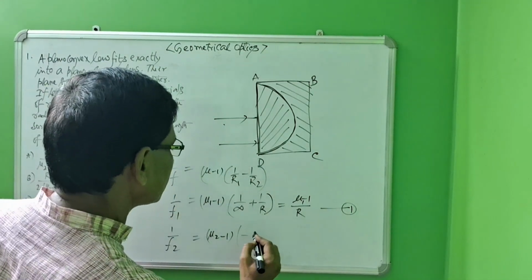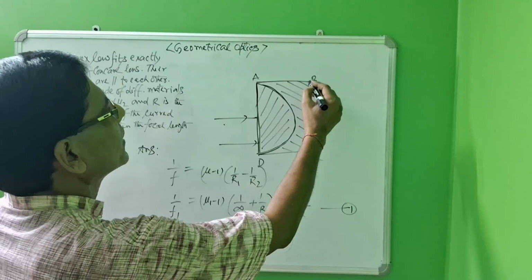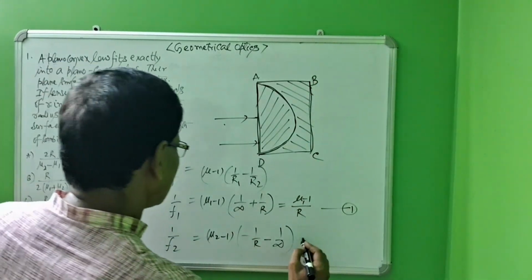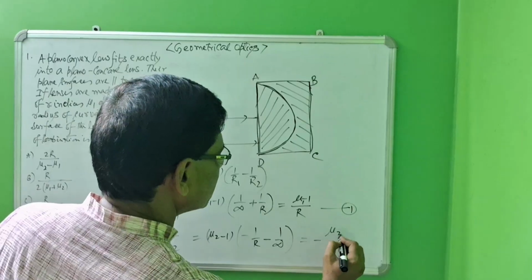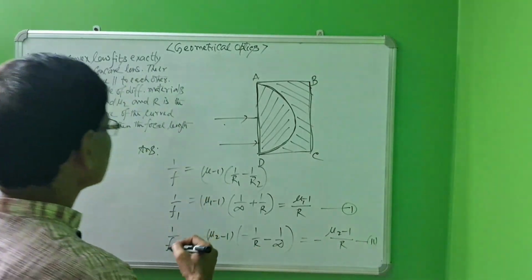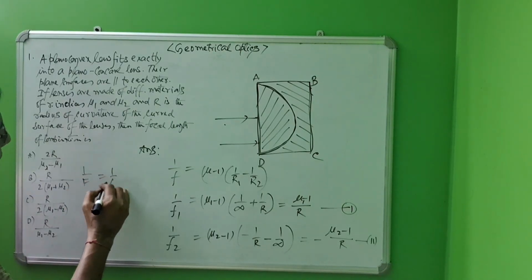So again minus 1 by r minus 1 by infinity, because this is a plane surface. So we get minus of (mu2 minus 1) divided by r. This is number 2. So for the combined lens, the focal length will be 1 by f1 plus 1